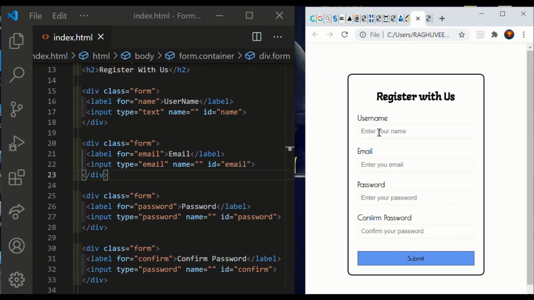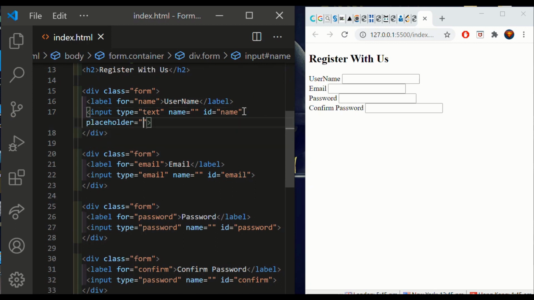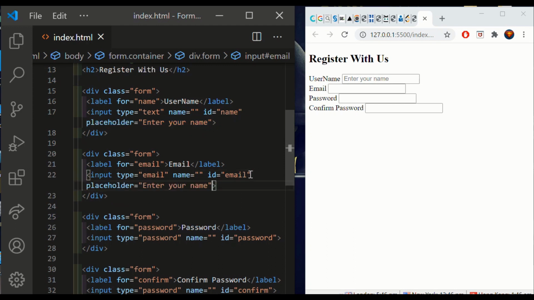But here we could see that we have something inside saying enter your name, enter your email, enter your password, confirm your password. For that, we need to put the placeholder. If you go back to our code, placeholder would be equal to enter your name. Then you could see that we have the same thing. If we copy paste it in everything and just change the placeholder, enter your email,